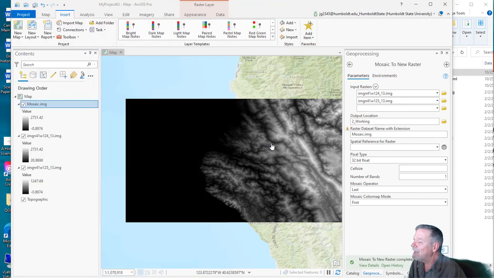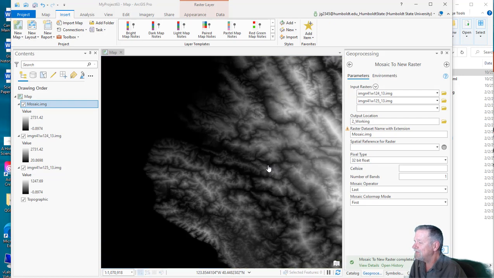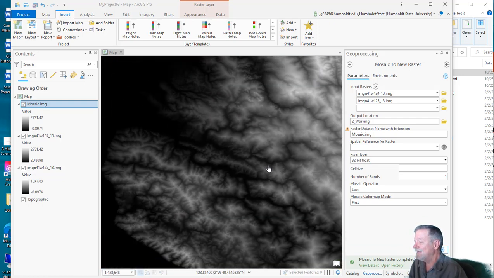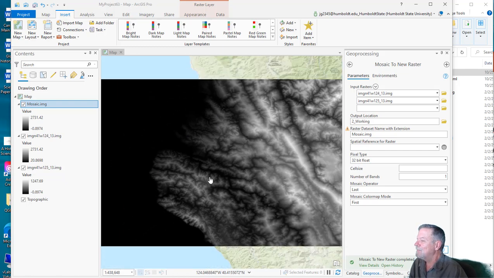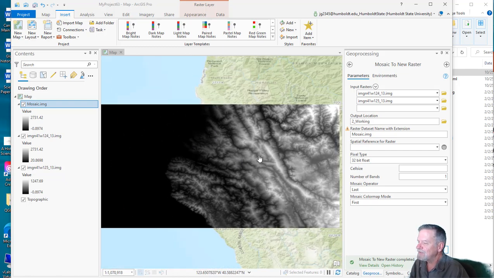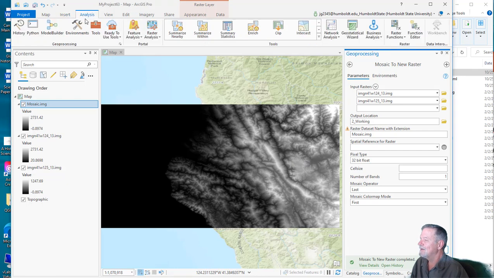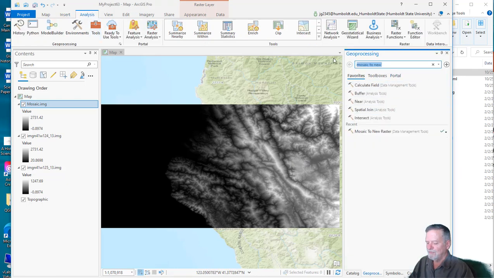Yay! Okay, now before I go too far, I want to find out if there's any artifacts in here. In fact, I actually ran a hillshade before I did this because I checked each of the rasters individually for hillshades, and then I mosaiced and I did hillshade. I do want to work in UTM Zone 10 North. I want to work in a projected system because we're doing calculations, slope and aspect. But I'm a little nervous about hillshade, so I actually ran them. So I'm going to go ahead and project. But like I said, I recommend doing hillshade before you do this,